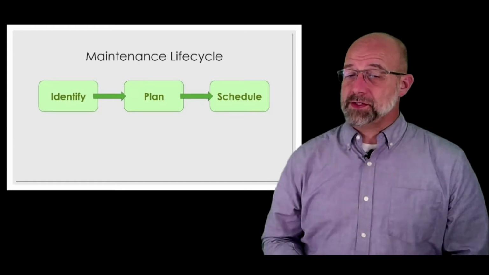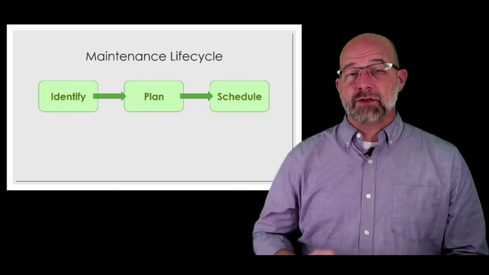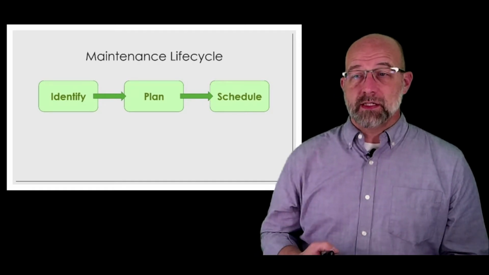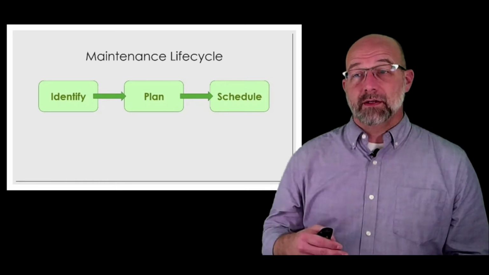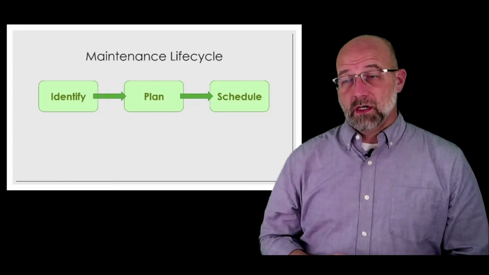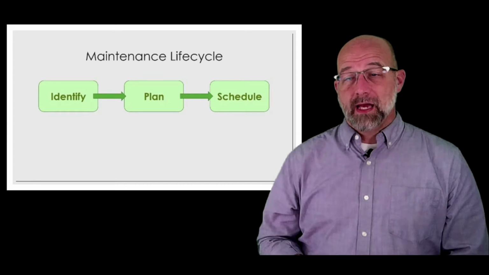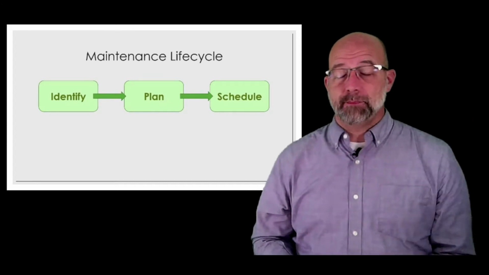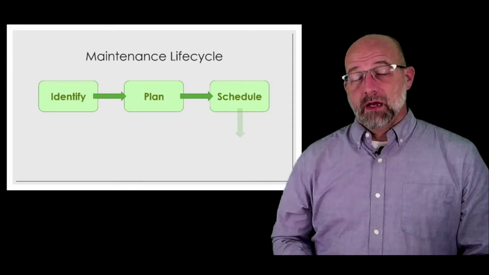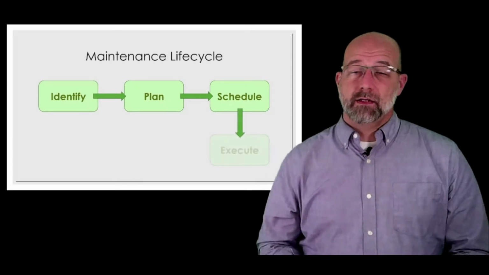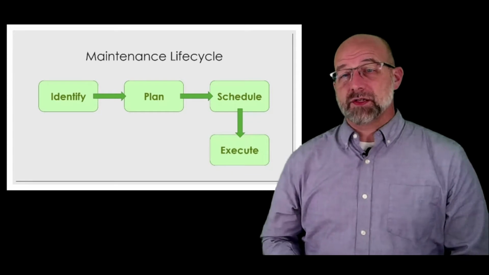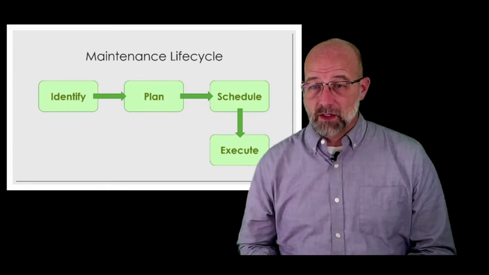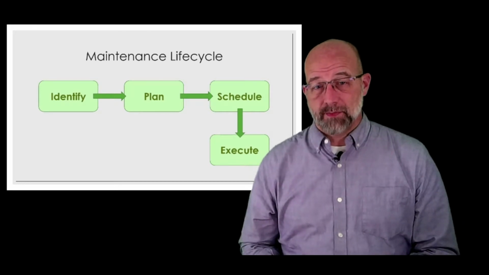The other part to this too is that you'll be able to align your schedule with planned shutdowns that need to happen so that you can be more effective in getting the asset control under wraps during those times and have less downtime. More uptime means happier end users. It also means that your mechanics and your technicians will be executing that work more efficiently and more effectively to give you that end result that we're talking about.